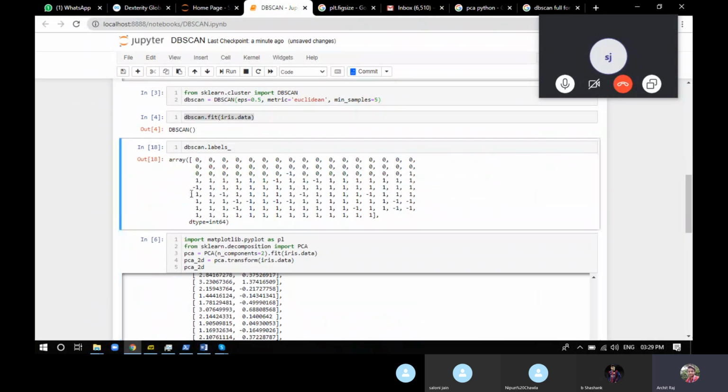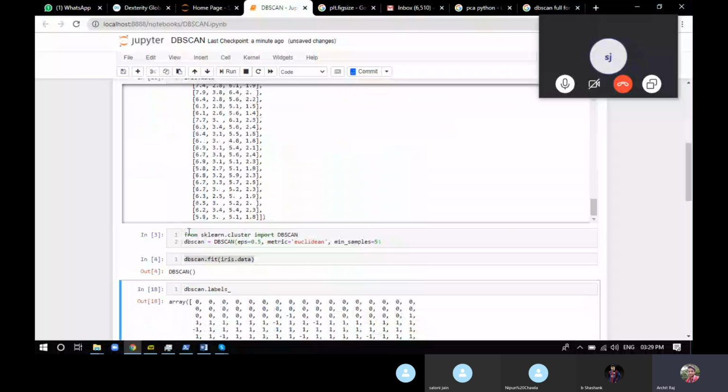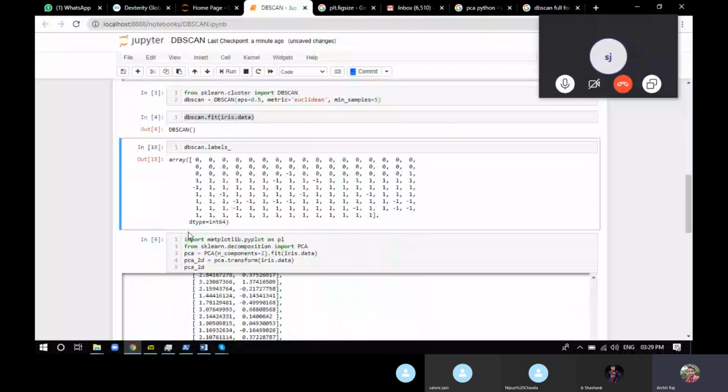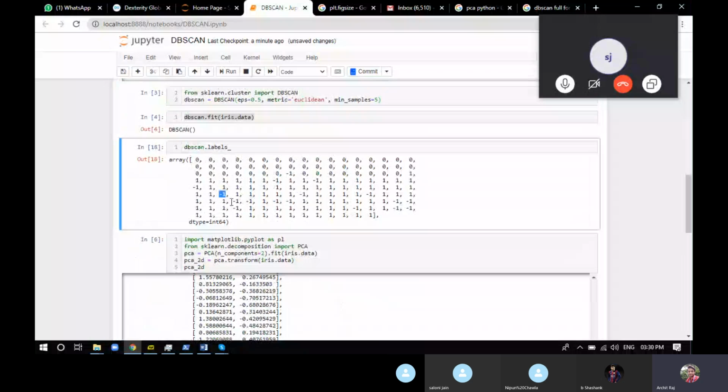So what you can see is 0, -1, 1. What exactly this model did is cluster all this data into two clusters, specified as 0 and 1. And wherever you can see -1, it stands for outliers. So all the points which are -1 have been labeled as outliers.